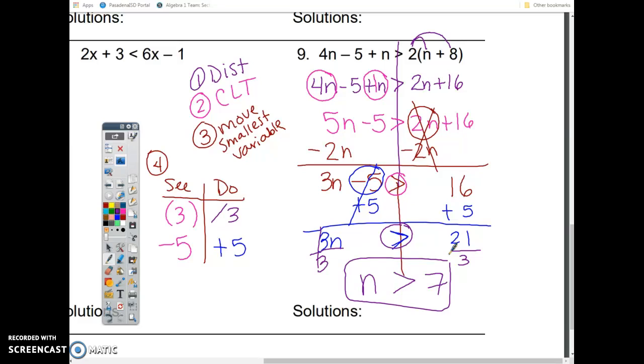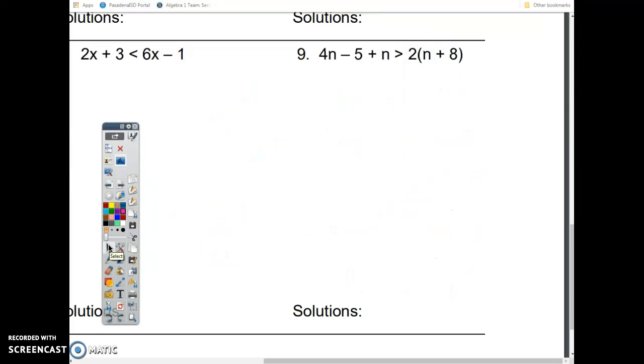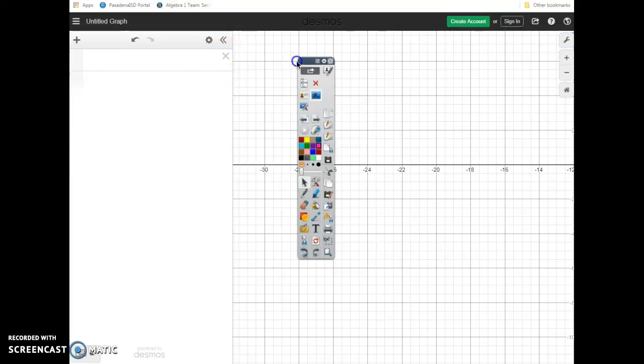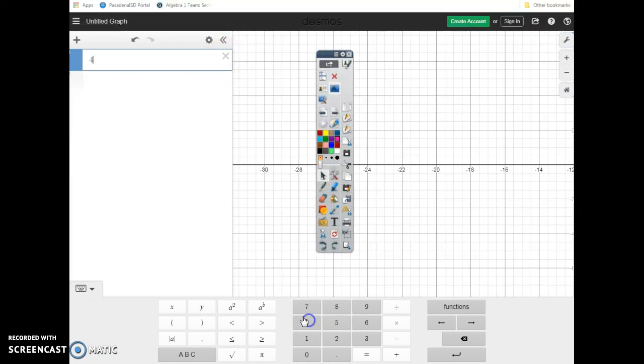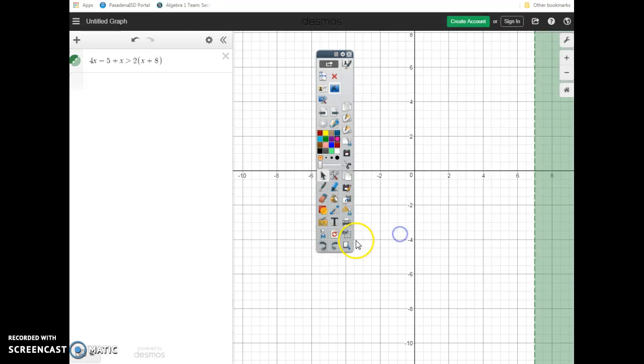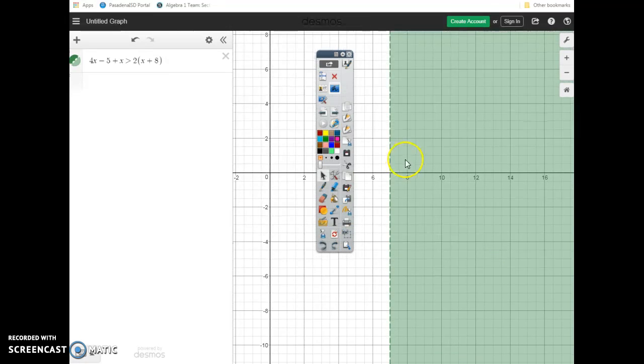Okay? Let's say you forgot and you flipped it, right? Now it's n less than 7. When you graph it, you will be able to see that it's not going to the smaller numbers, it's going to the bigger numbers. Let's go graph it real quick, make sure that I'm right. I have 4x, those are n's, minus 5, plus x greater than 2 parentheses x plus 8, and I have to move it. And here it is. It's going to the greater than numbers, and it's